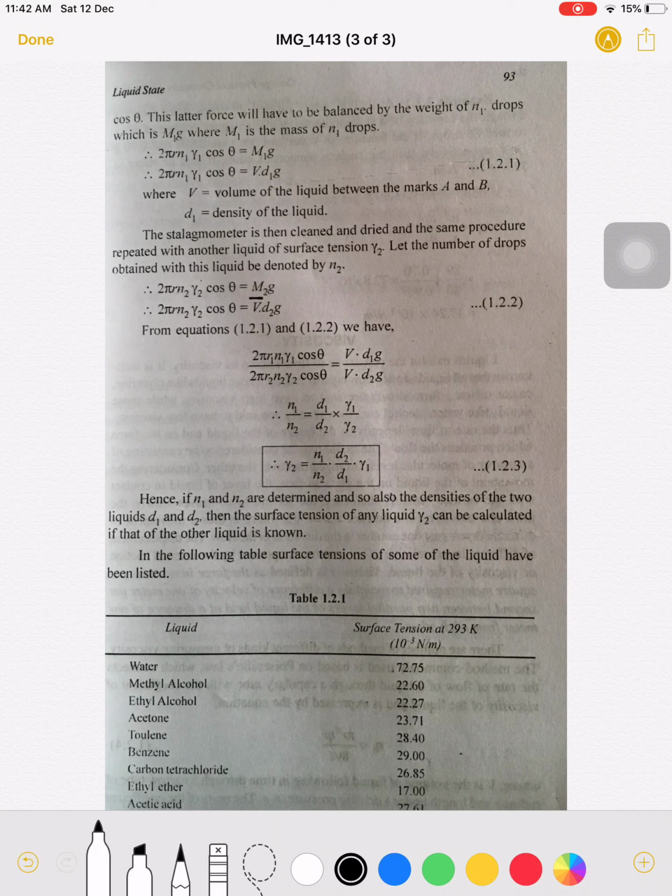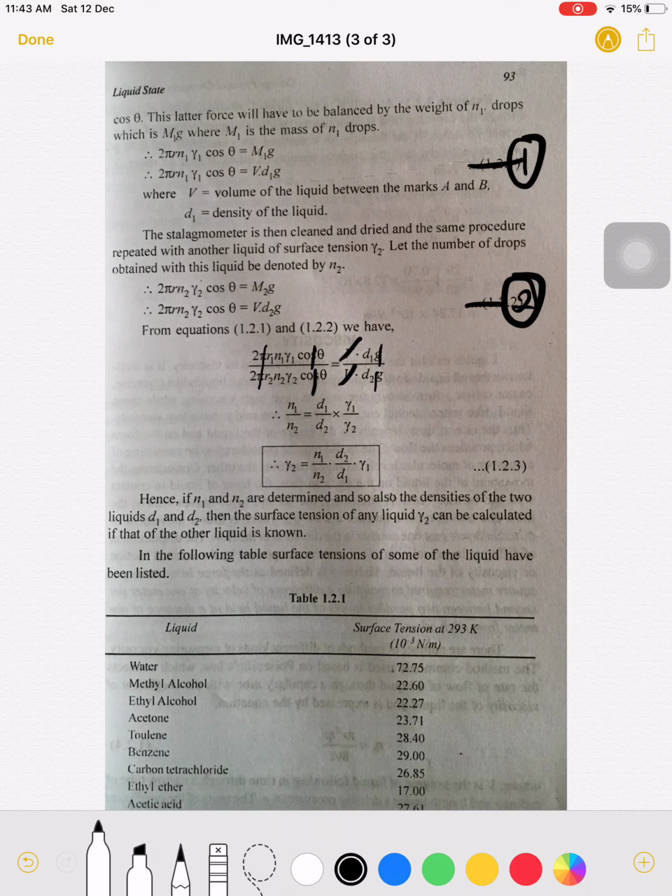The mass is converted here: we know volume into density is equal to mass. So putting the value of mass into this equation, it becomes 2 pi r n2 y2 cos theta is equal to v d2g. This is equation number 2, and the earlier one is equation number 1. Now we divide equation 1 by equation 2: 2 pi r n1 y1 cos theta divided by 2 pi r n2 y2 cos theta is equal to v d1g divided by v d2g. All these values are the same. 2 pi r, the radius of the capillary, is the same, so it gets cancelled. Cos theta cancels, g and g also cancel, and the volume is the same for the two liquids. Then the equation becomes